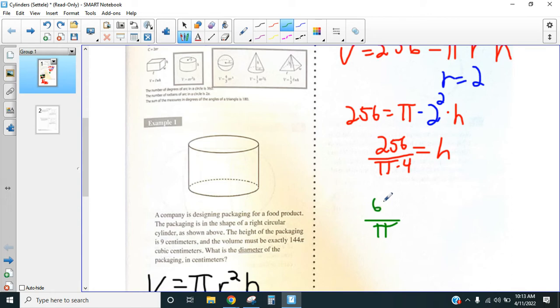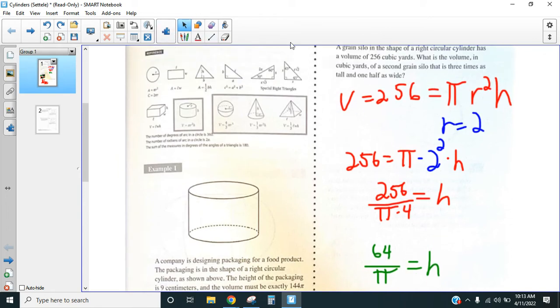I think it's 64, right? Yeah? Okay. So your height is 64 over pi, which is funky, but that's okay. Let's just keep it there. We're going to remember it. Now,